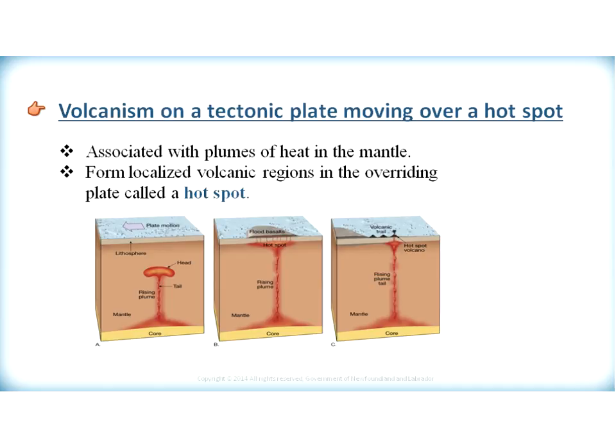When we look at volcanism on tectonic plates moving over a hotspot, they are associated with plumes of heat in the mantle. They form localized volcanic regions in the overriding plate, and these localized volcanic regions are called hotspots. If we look at the series of 3 diagrams below, we can see the evolution of a hotspot. In the first diagram, we see heat sources from the core moving upwards. This rising heat plume would produce a magma head, which would eventually move to the base of an oceanic plate